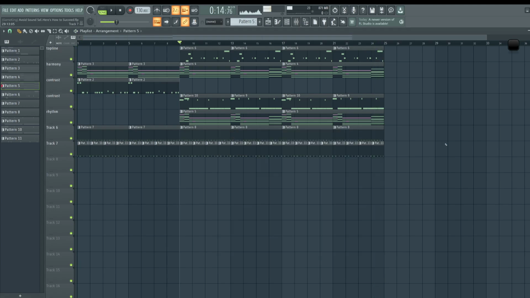I had to show you the full process so that you can understand how sound selection works. It's categories first, then genre.